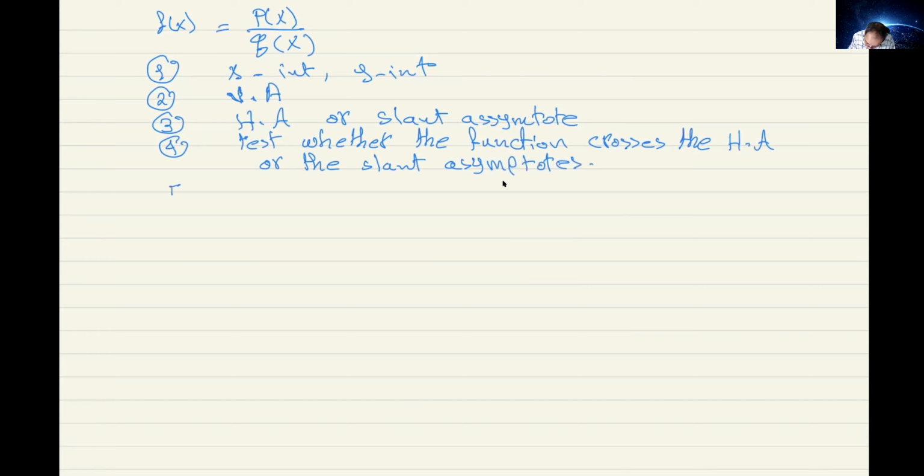And number 5 is to plot the points, plot the X-intercept and the vertical asymptotes points on the x-axis, and we're going to use these in graphing the function. Okay,